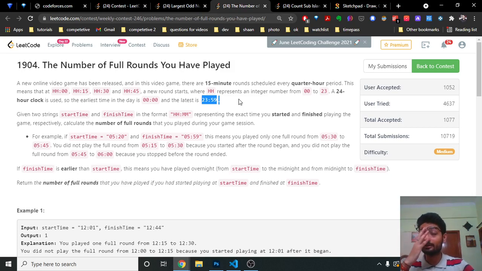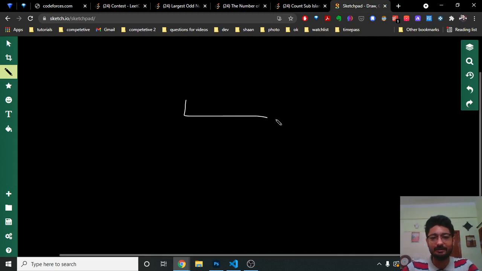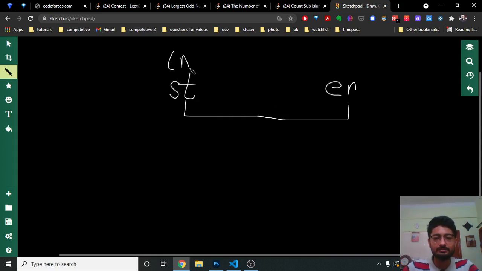So as you can easily understand in this problem, you have to check that the first round will start from 0 minutes to 15 minutes, then 15 minutes to 30 minutes. Because the total number of games played in a whole day is very small, you can brute force, in a brute force way you can check that out. How can you check that out? You know the limit at which you will play. So you know the start time and the end time, and you can convert them to minutes.